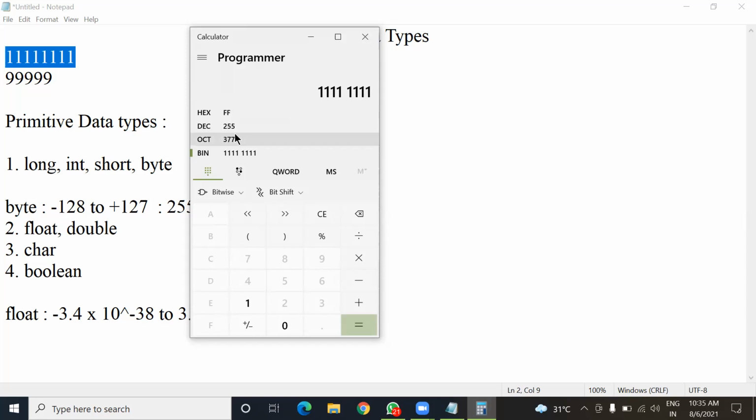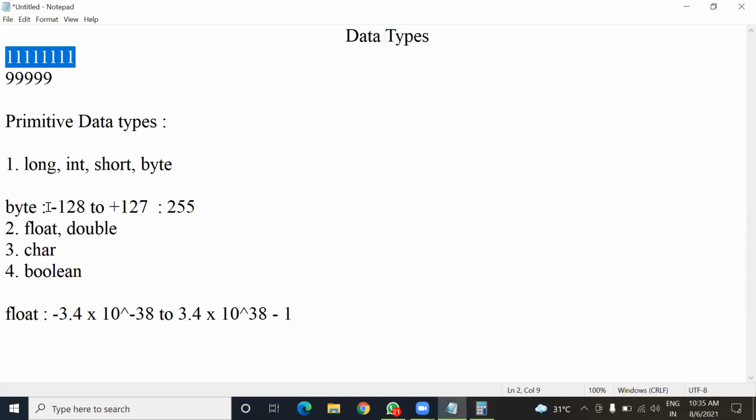So now in the decimal equivalent, the number you can see is 255. It means in total 8 bits, we can represent 255 different number values, starting from 0 to 255. So that is why this range comes from here. 8 times 1 equals 255 in the decimal number system.